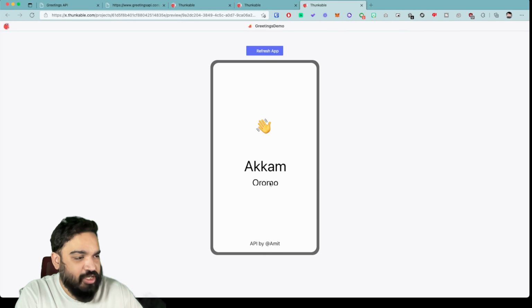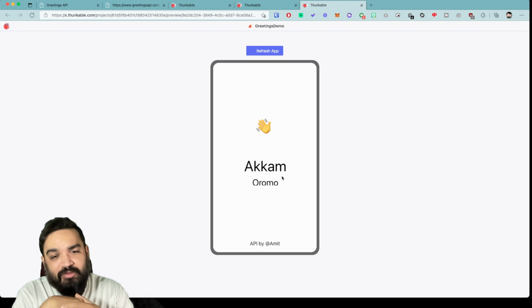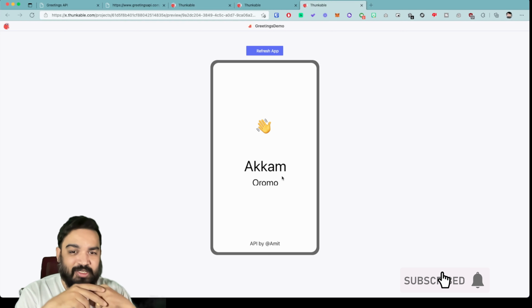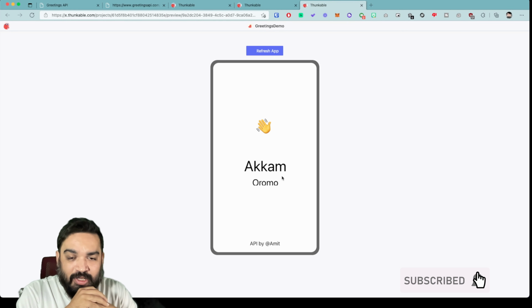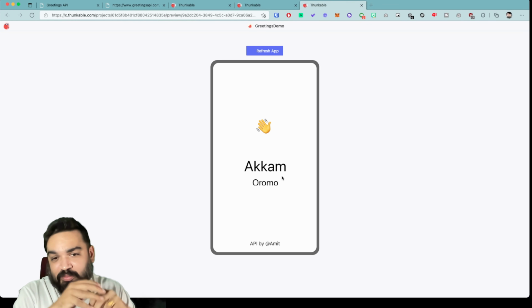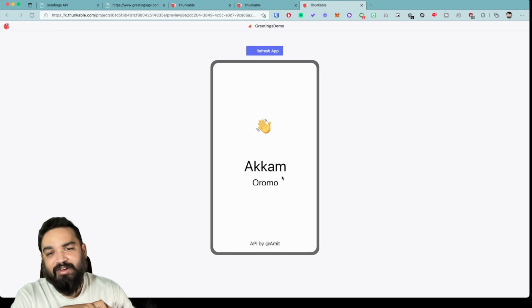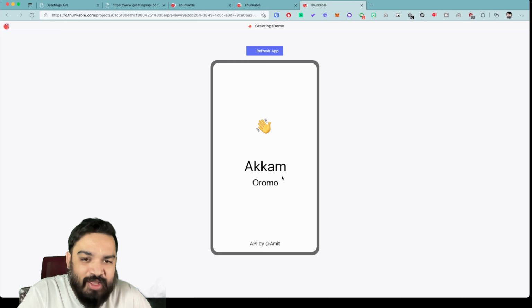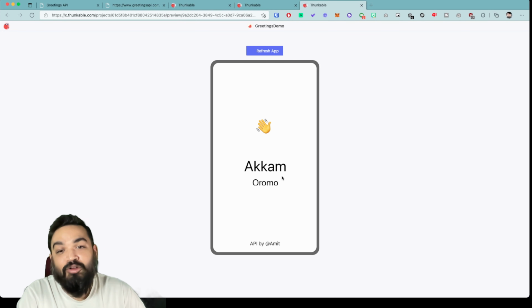And an addition to this is probably add a refresh button here itself in the app, so that when somebody clicks it, you get a new one. Some of the use cases are probably, if you're building an app, greet the user when the app opens up, right? So that's one way to potentially use this API, or just have it included in your app itself at some corner wherever you are greeting your user.